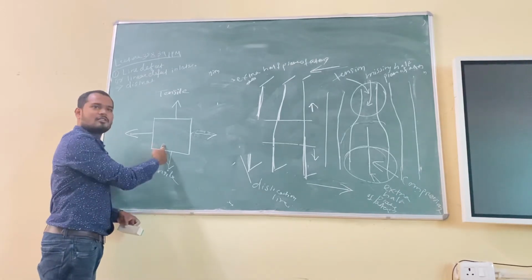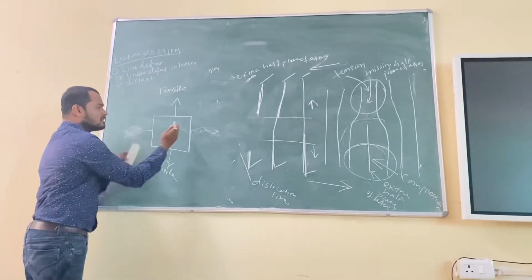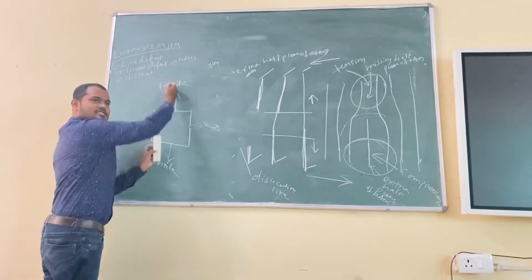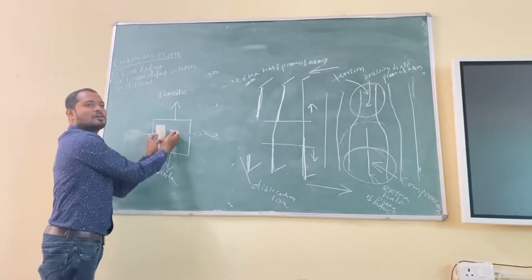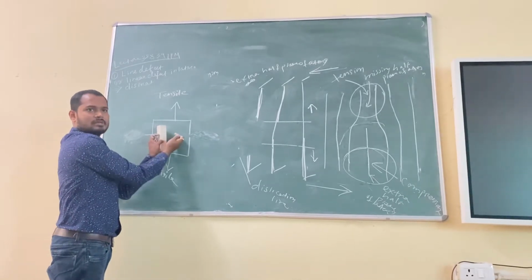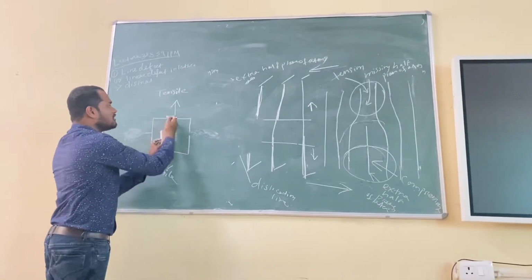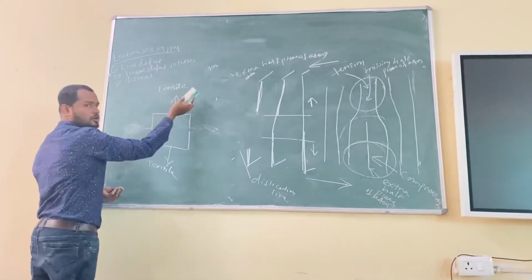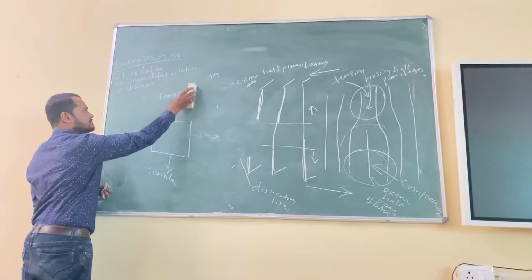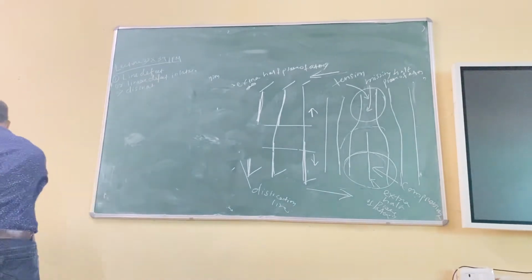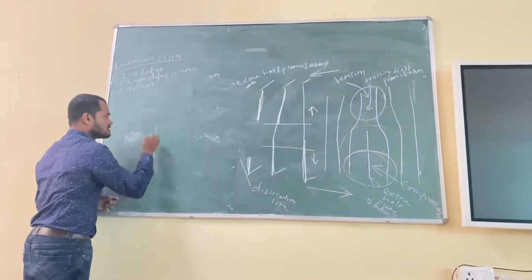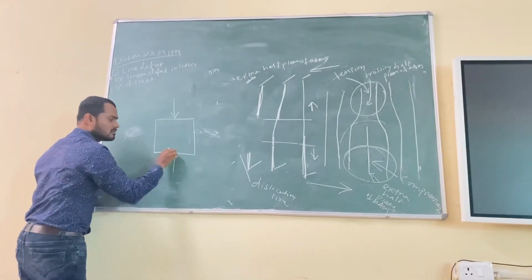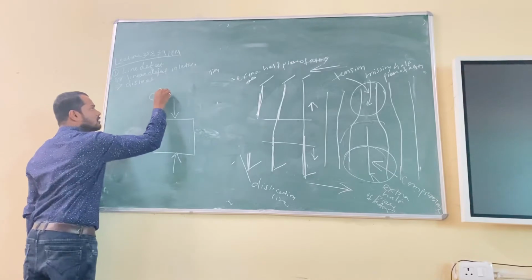If this will be uniaxial, what will happen? This will get reduced. This will get elongated. Right? In this direction, elongation will take place. In this direction, compression or contraction will take place. Right? This will become thinner and thinner, and this will get elongated. This is tensile or tensile load, you can say. And compression is very simple. Again, if somebody asks how to show the compressive load, just oppose it. This is compression or compressive load.